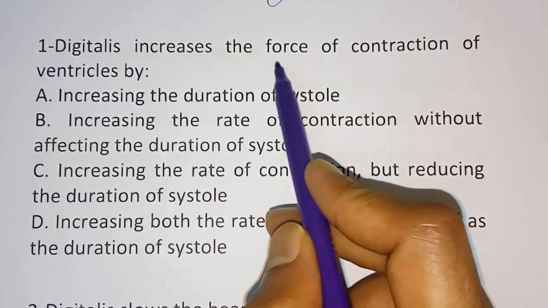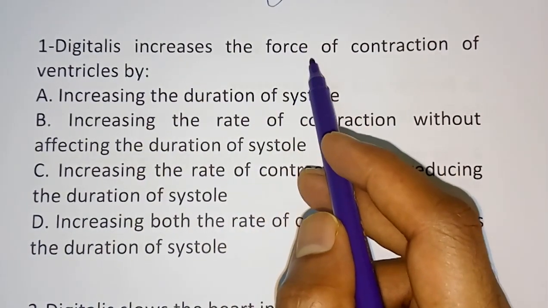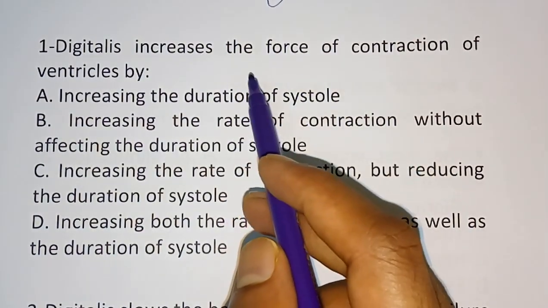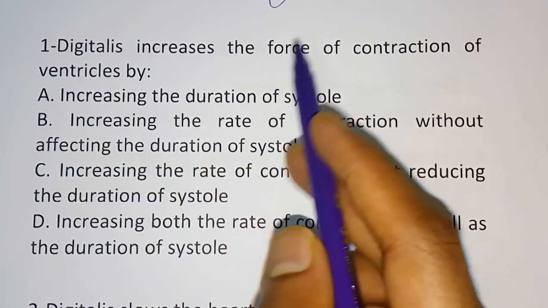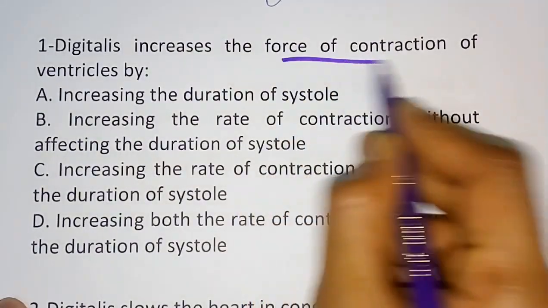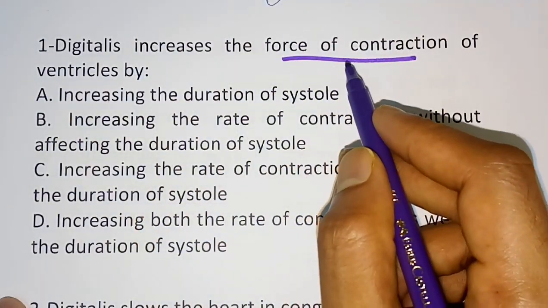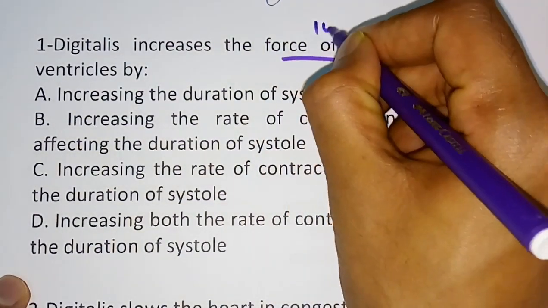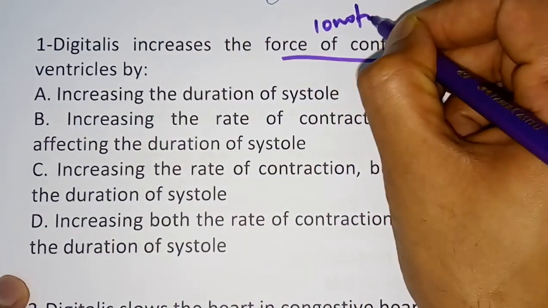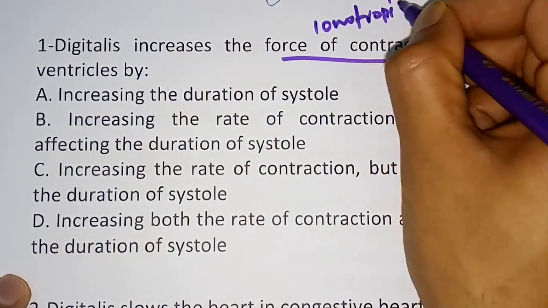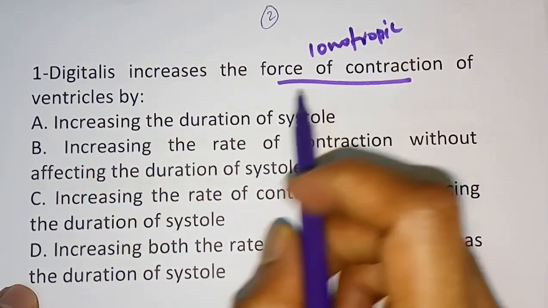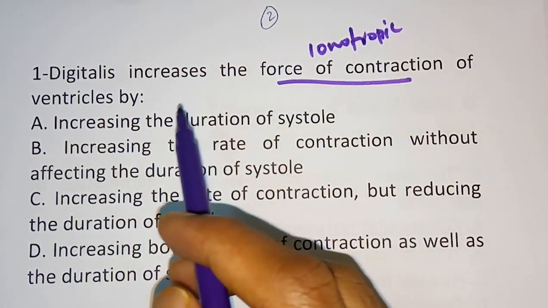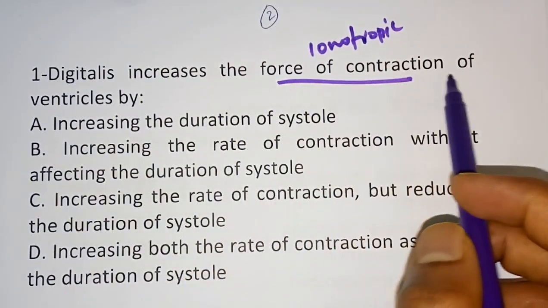Digitalis increases the force of contraction of ventricles, which is called positive inotropic effect. Inotropic effect means increasing the force of contraction. So Digitalis increases the positive inotropic effect, or the force of contraction of ventricles,